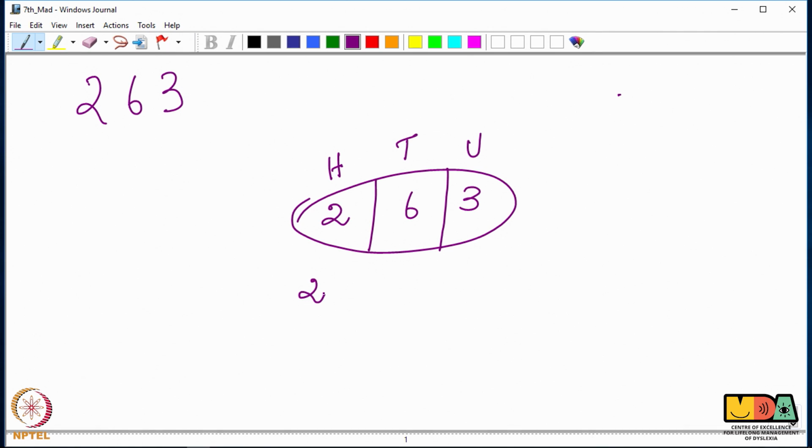Ask them to bring the number down. How many sections are there after that? 2. So, how many zeros will they add? 2. Where are they? They have come to the vertical line. So, once they come to this vertical line, they have to put a plus. Which is the number that they need to bring down now? 6. How many houses or sections after that? 1. So, they have to add 1 zero and they have come to this vertical line. What is it that they need to do? Put a plus. And what is the last number that you see? 3. Is there any section or a house after that? No. So, that is the end of it. So, your expanded form gets very, very simple.